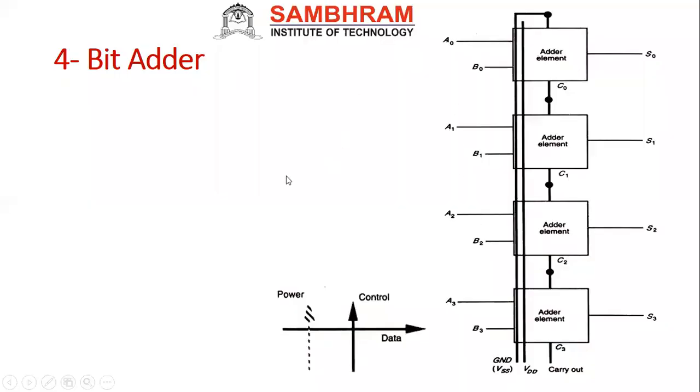Yes. What is the drawback of the ripple carry adder actually? The very important thing is the delay you have to check. Now the delay in the sense, example, if I say the one adder element, it's taking 2 nanoseconds to produce the sum, then around 1 nanosecond to produce the carry. Okay, I'll check like this. 2 nanoseconds for sum, 1 nanosecond for carry.